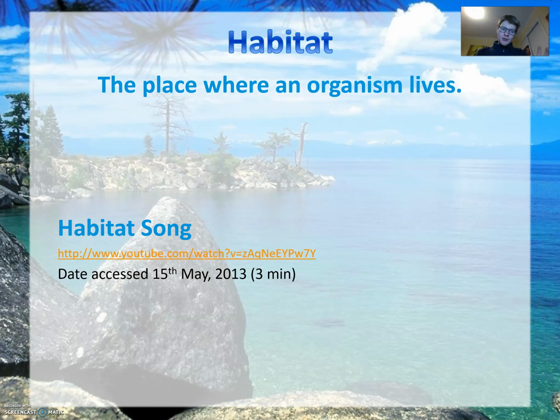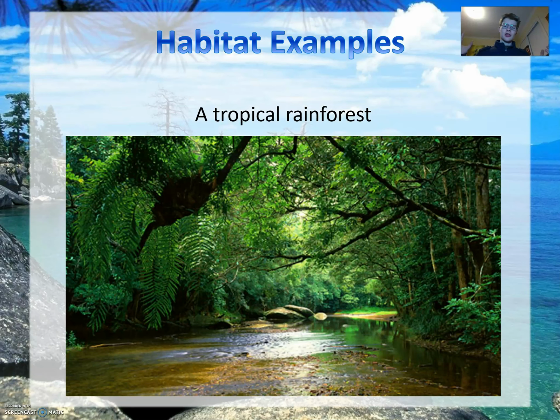There are different types of habitats. For example, we can class a place as being a tropical rainforest, where you'll see organisms such as green tree frogs and tree ferns residing. By the way, an organism is just any living creature. Animals are not the only organisms that exist. When we're talking about habitats, a habitat can be a place for a plant as well. It could be a place for fungi or other living creatures.